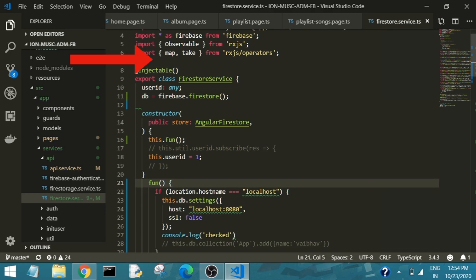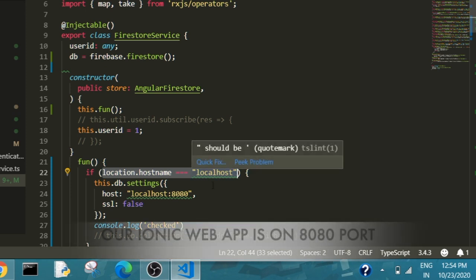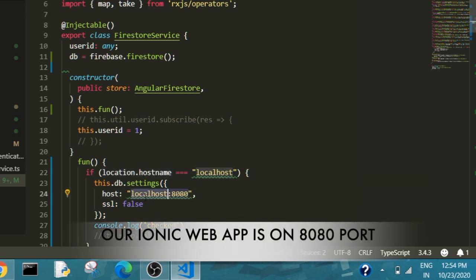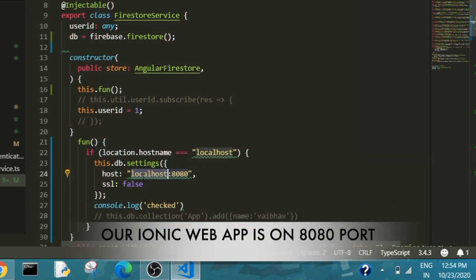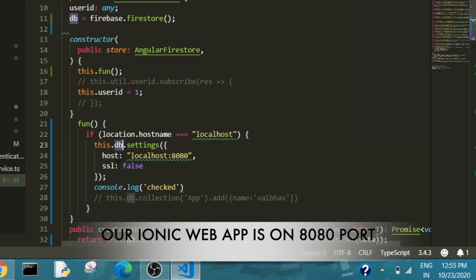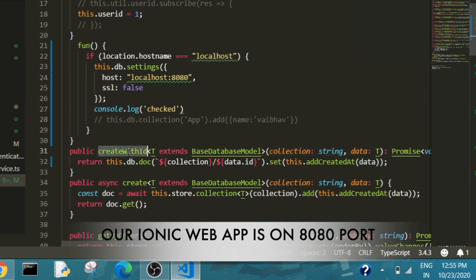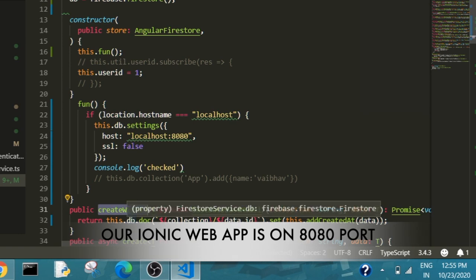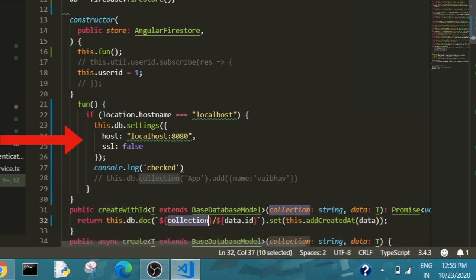After that, on this db variable which we created, we check whether the hostname is localhost or something else. Whenever the hostname is localhost, we change some of the db settings. So db.settings, and we pass a JSON which says host is localhost:8080 and ssl is false. These settings will allow your application to be connected to the emulator. Otherwise it will not successfully connect to the Firestore instance of the emulator. So just be reminded of that.